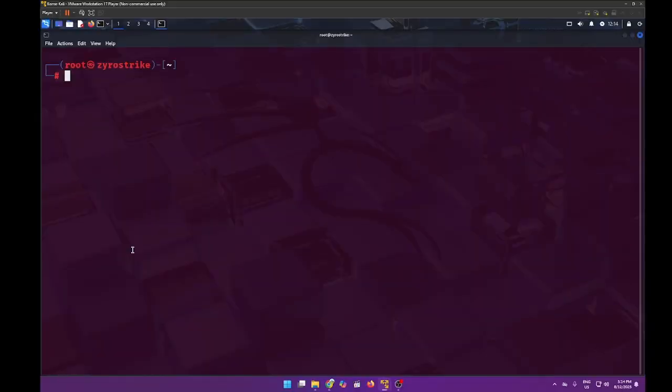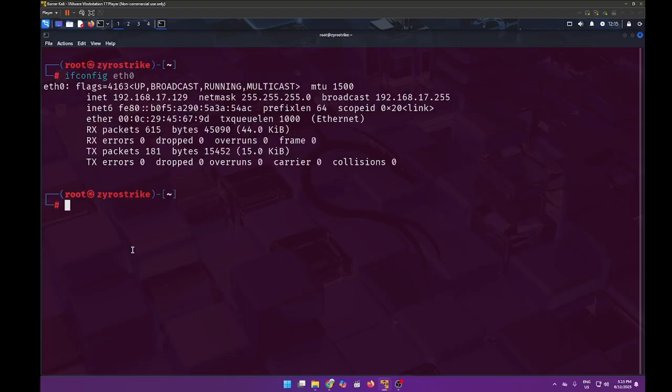We are here on my terminal, and the first thing I normally would do when I connect to the network is look for my IP address, because these IP addresses are dynamically allocated by DHCP, or the Dynamic Host Configuration Protocol, right? My IP address right here is 192.168.17.129. In this regard, I already know that the network range is